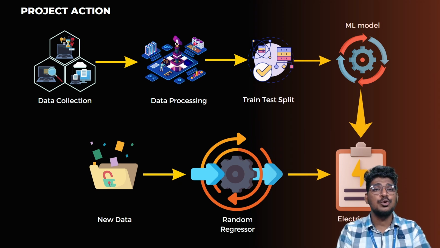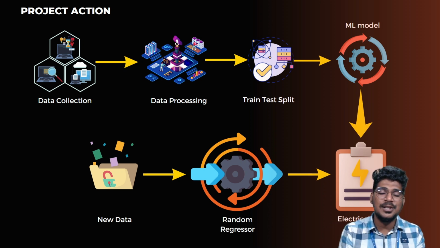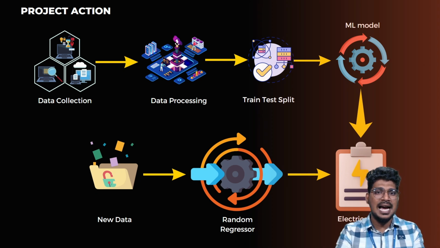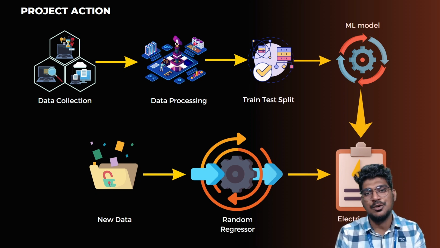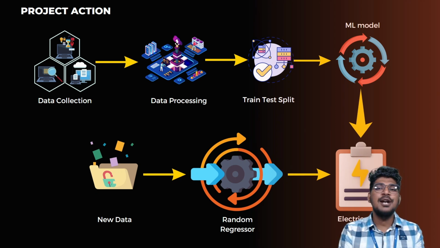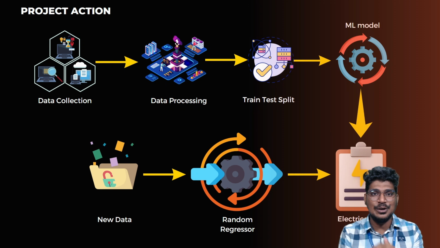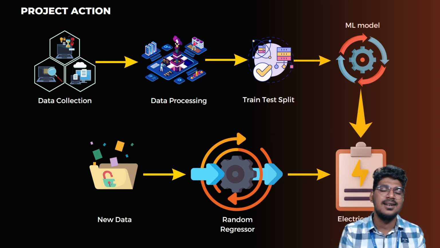So what are we going to do in data processing? We are going to handle the missing values in that particular data. Once you find any null values, we are going to use the missing value handling methods. What are all the methods we are going to follow? Two methods. One is imputation, another one is dropping. Imputation will help to fill in the null values. The dropping method will help to remove those null value rows, entire rows. So two different methods we are going to follow to make the proprietary data here.